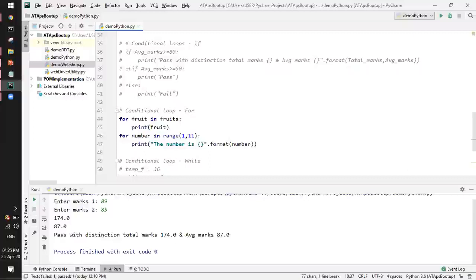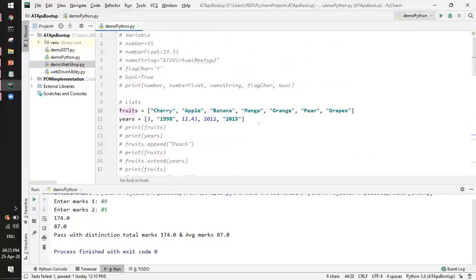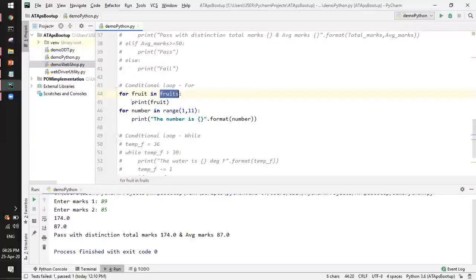Here are a couple of examples I'm showing. For fruit in fruits: in is the keyword again, and fruits is the list name which we earlier declared in the list section, and this will print individual elements one by one. Similar to that, we also have for number, again a variable, in the range 1 to 11.